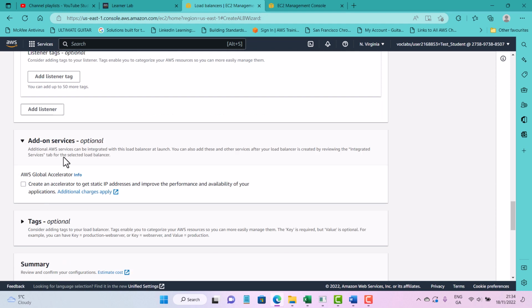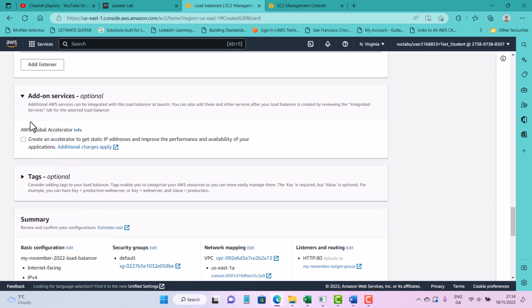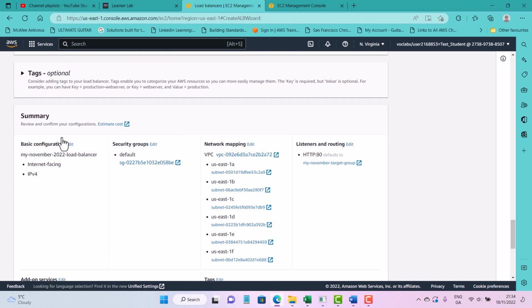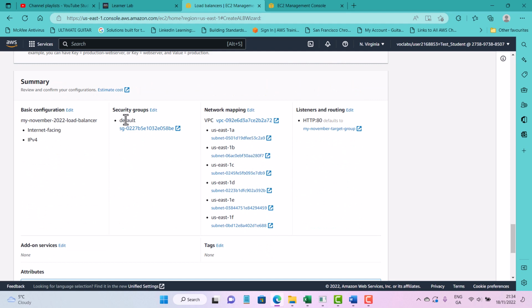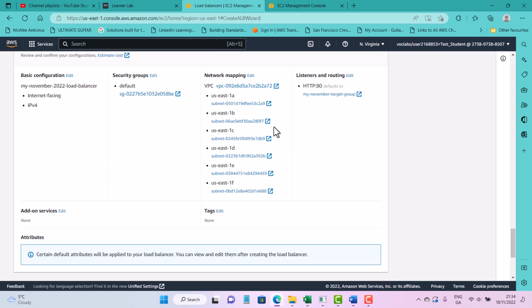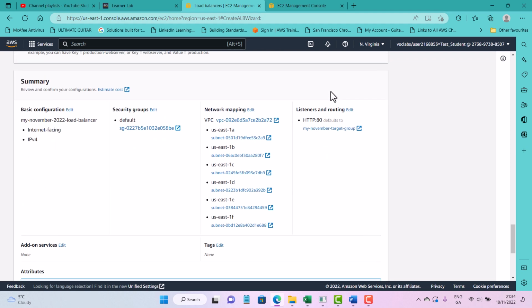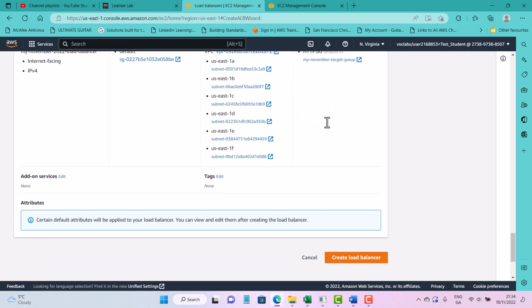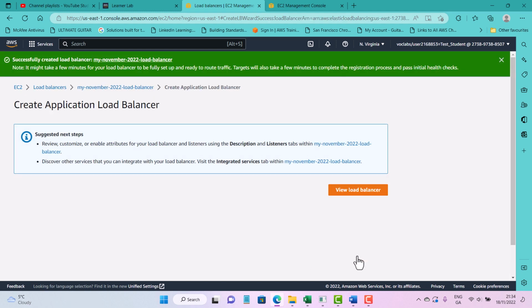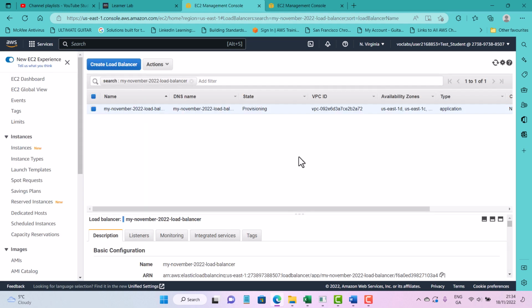So we don't need to add listeners here, and we're not going to use the global accelerator. And there's all our virtual machines, and there's the security group, and there's the listener. It actually has a default listener. What the listener does is it listens for incoming traffic. So anyway, we go create our load balancer, and we'll go view our load balancer, and there is our load